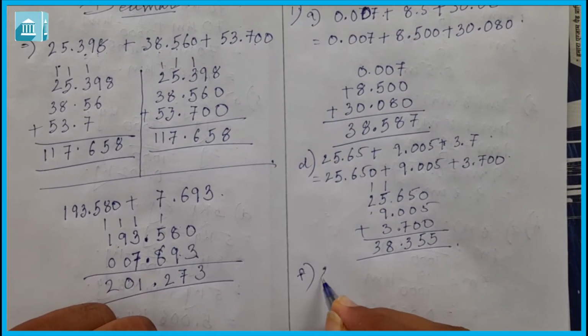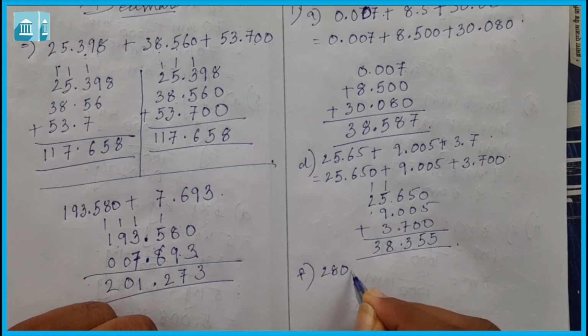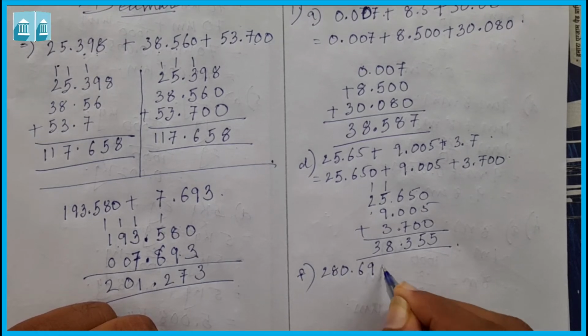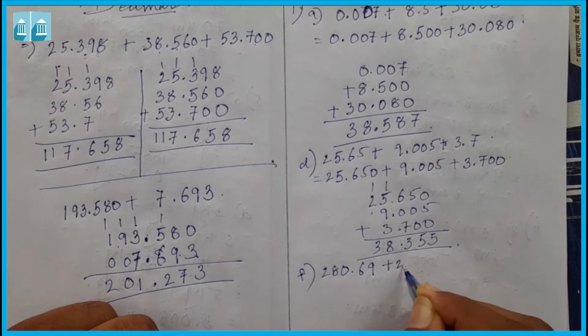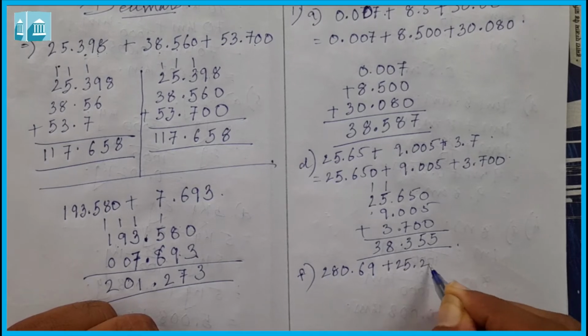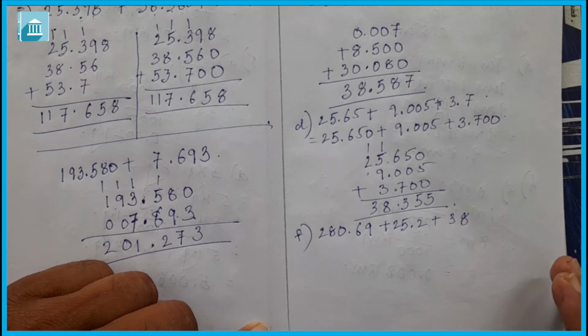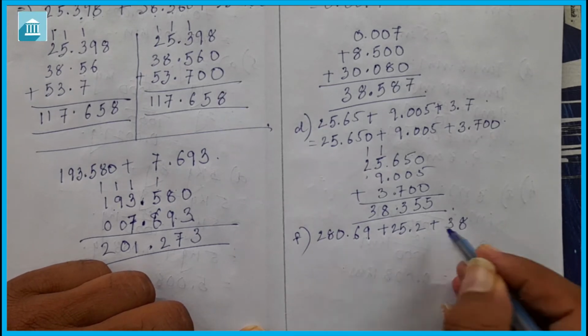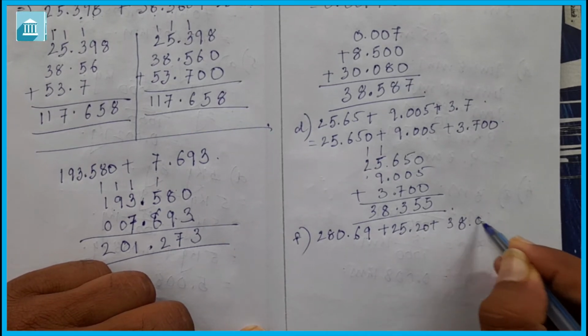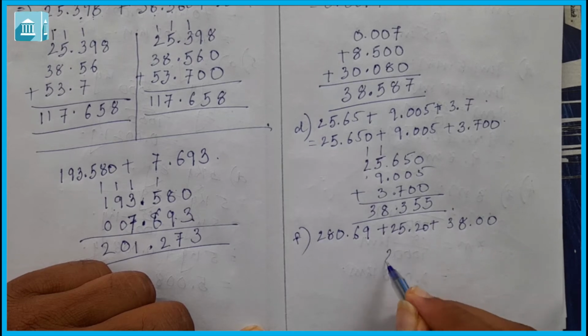In F1 it is 280.69 plus 25.2 plus 38. Now first when we convert it into like decimals, there will be 25.20, and 38.00. Now when we add it,